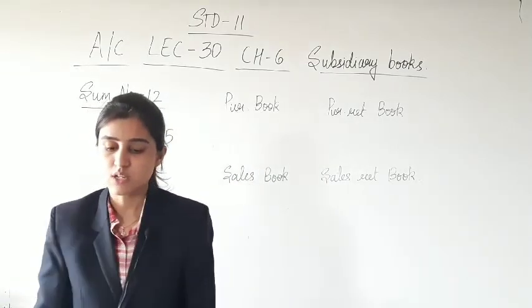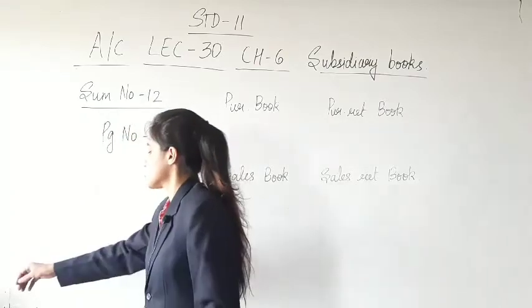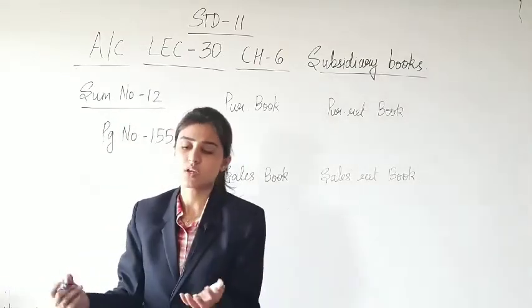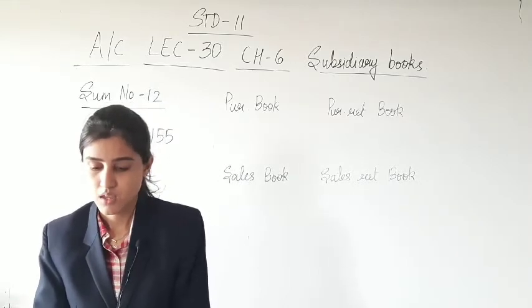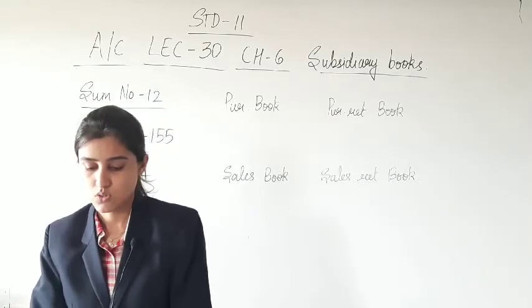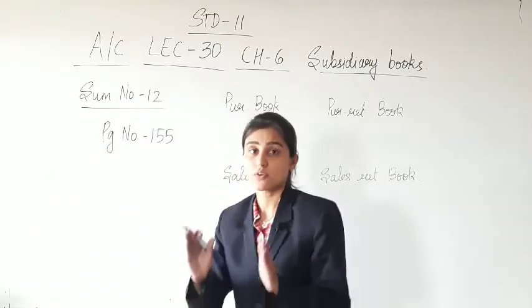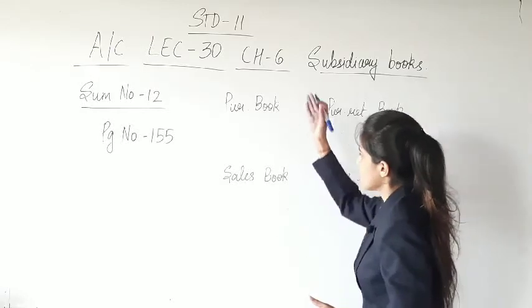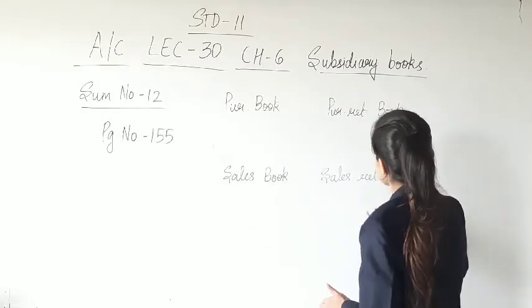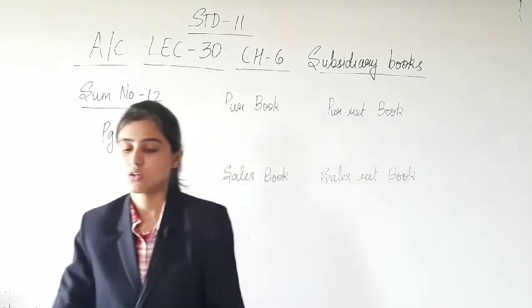So quickly starting with sum number 12. Now we are habituated with this sum, so if we are doing it a little bit in a speed, that's quite okay, I think. So just now you have to understand, then you will prepare a proper format for all the 4 books. One page for these 2, another one for these 2, half page will do, and thereafter you will be writing the notes.